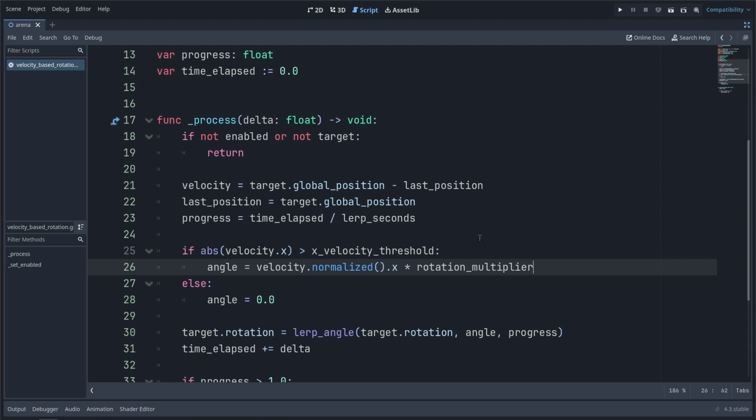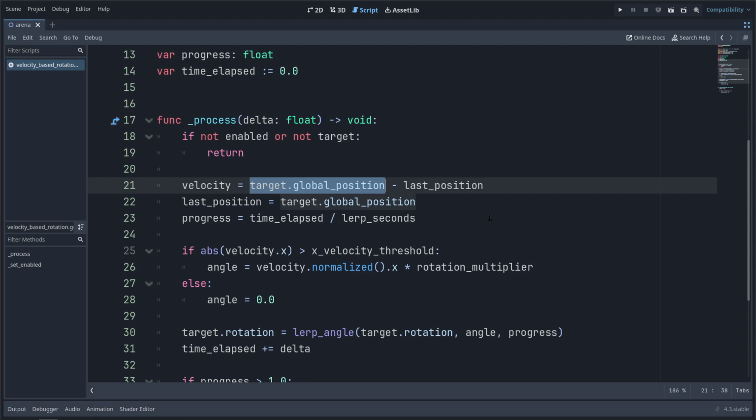So we have two options here. We can either do something like, let's say that we calculate the velocity not between this frame and the last one, but between 2 points in time. So let's say we take the target's global position now and compare it to not the last frame's position, but the position where the unit was, let's say 0.25 seconds earlier. Hopefully you see the difference, right? So instead of using 2 frames, we use this frame and we use a point in time in the past